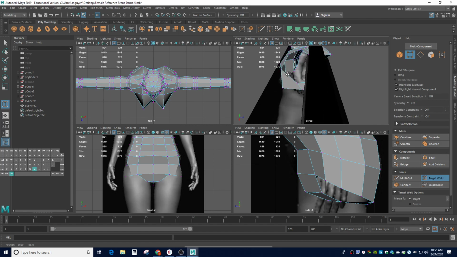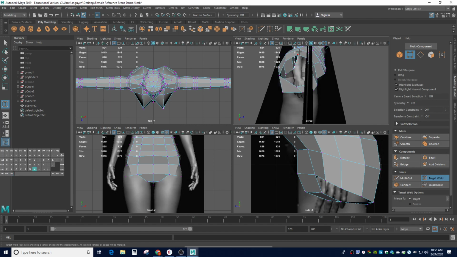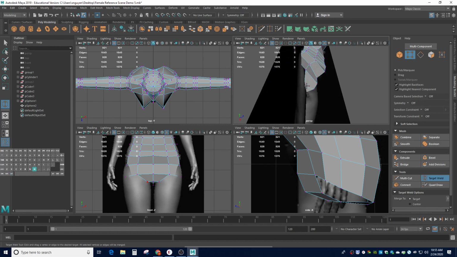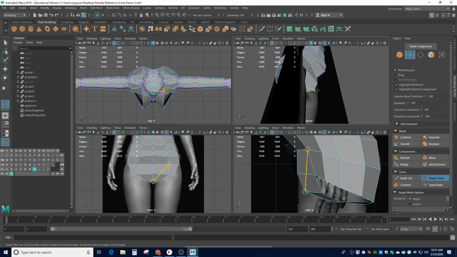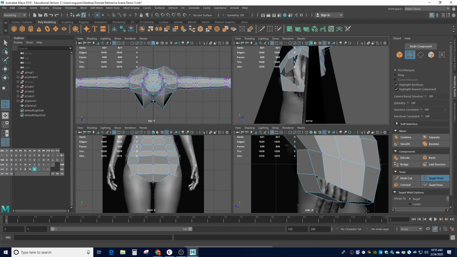Let's see. I have 1, 2, 3, 4, 5, 6, oops, and 7. So I don't like that. I'm actually going to undo this, and probably create one more set of